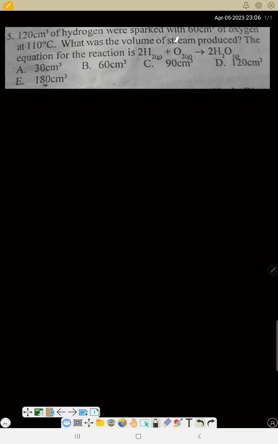The equation for the reaction is 2H2 plus O2 to give 2H2O. So it's a balanced chemical equation: 4 hydrogen, 4 hydrogen, 2 oxygen, 2 oxygen. So it's balanced. So now according to the question, 120